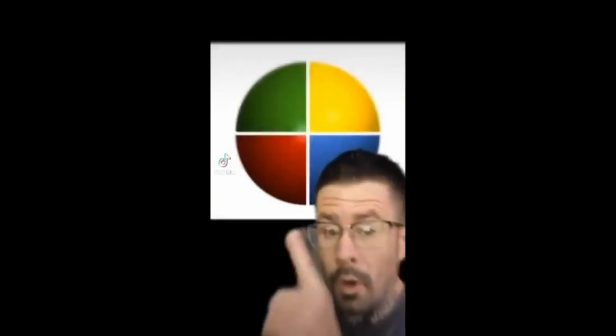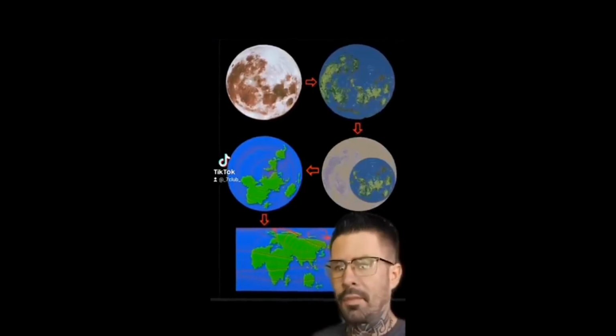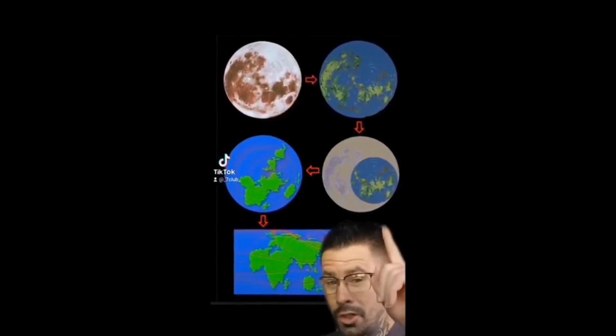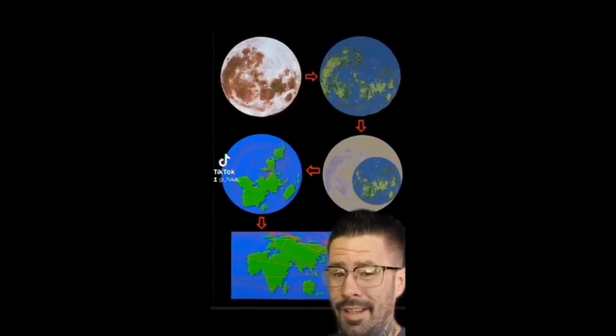What if everything we thought we knew about flat Earth was only a fraction of the truth? 1/4 of the truth, to be exact. First, have you seen the moon map projection where they take the moon and map out the dark spots on it, and they'll show that 1/4 is our known Earth, our known flat Earth model.